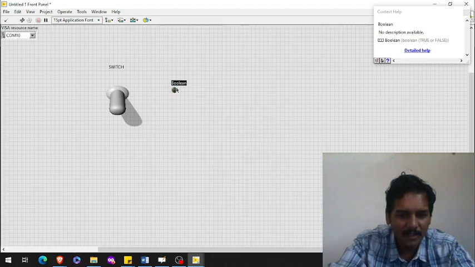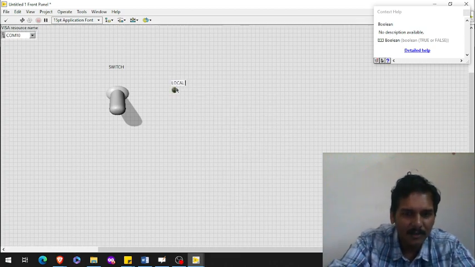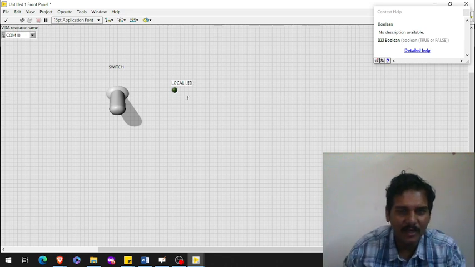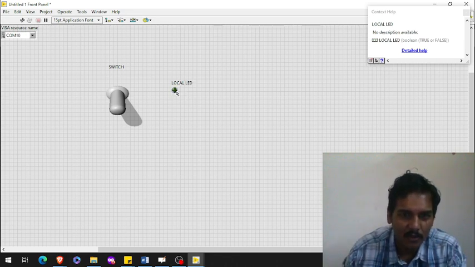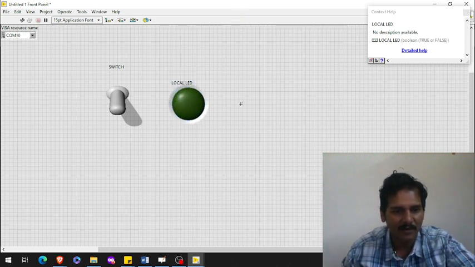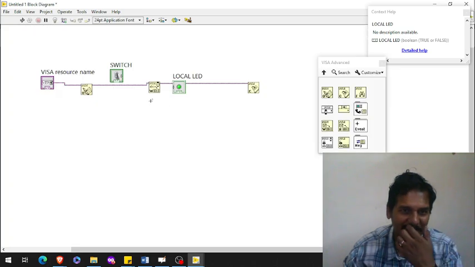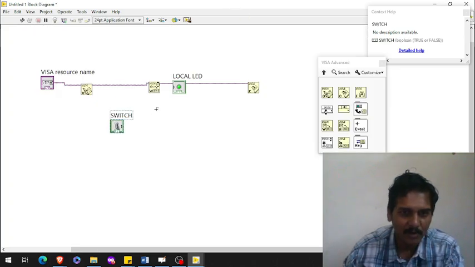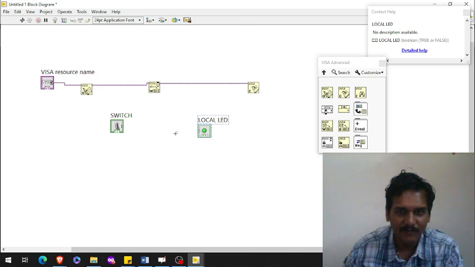This will be a local LED just to display, to make the LED glow on the screen. The main thing is it has to glow in the hardware, but we are using this for a local display. Back in my block diagram, this is my local LED, fine.